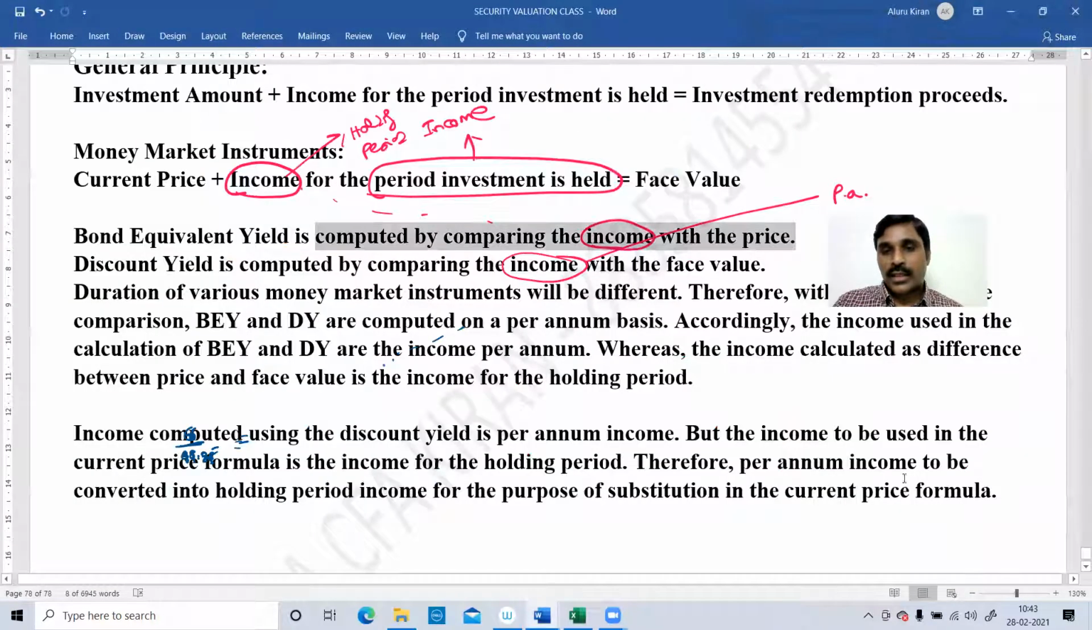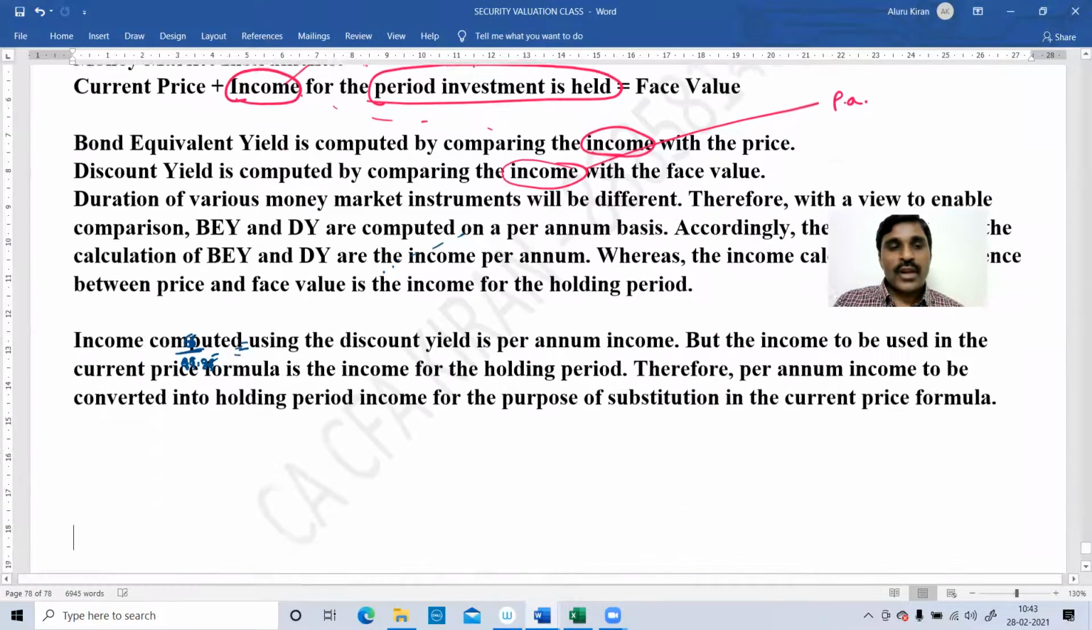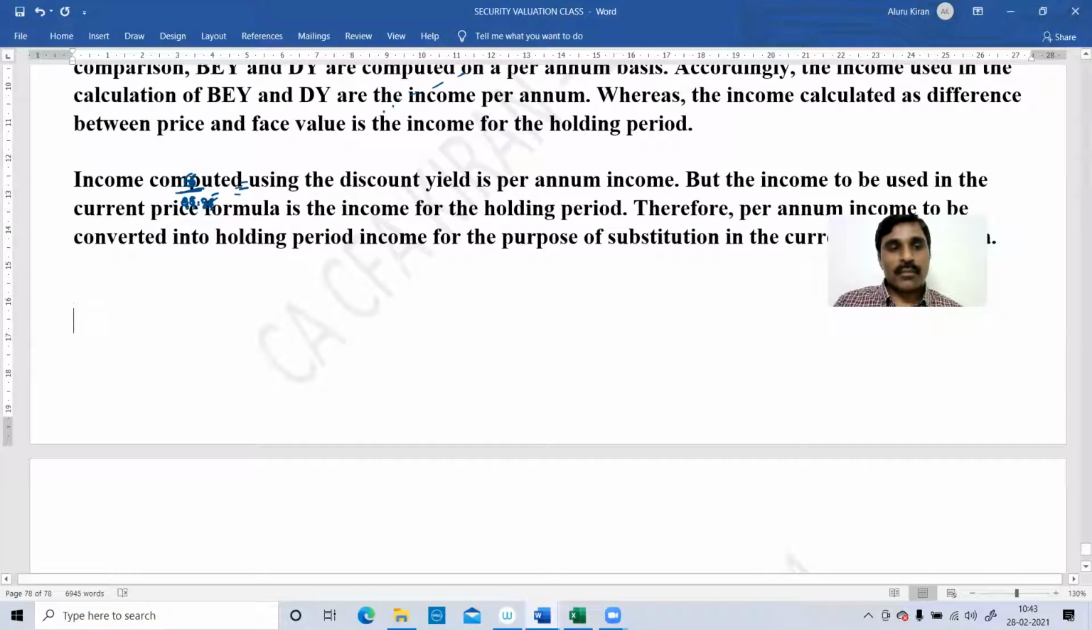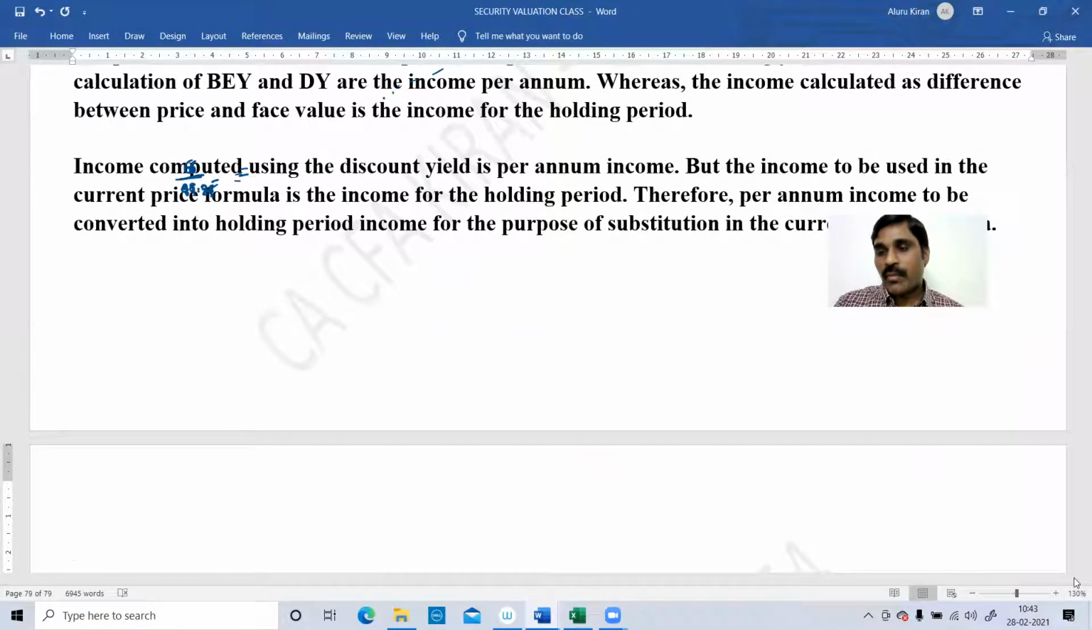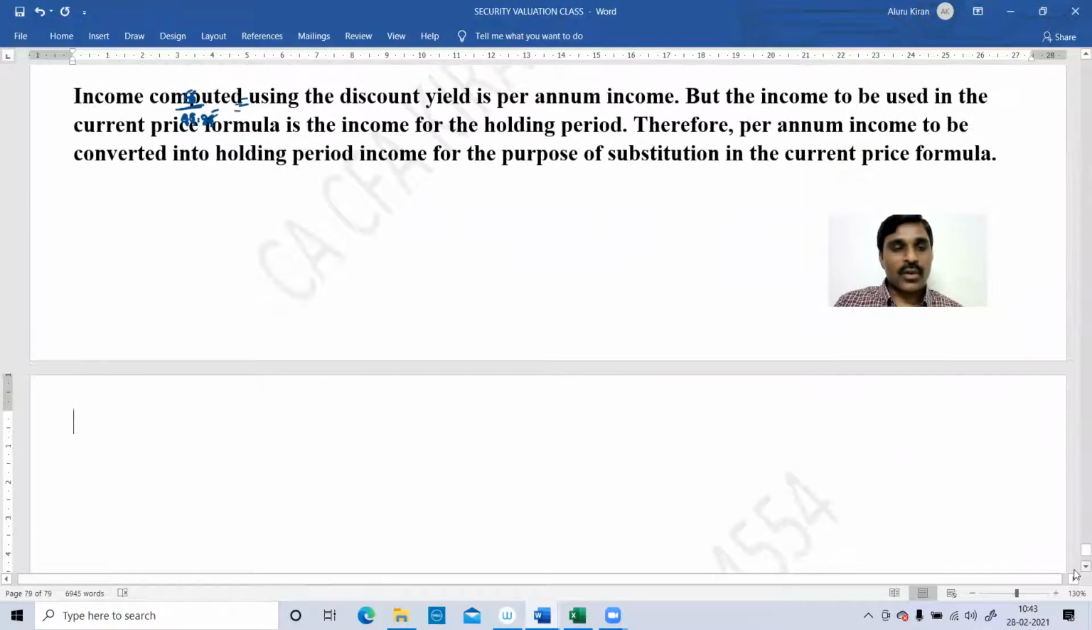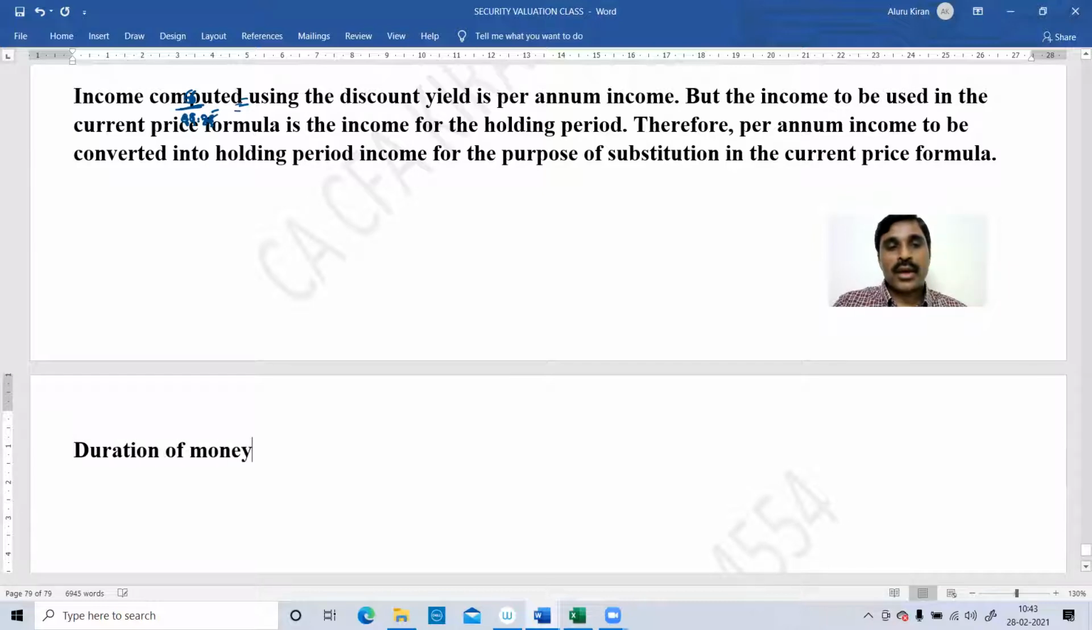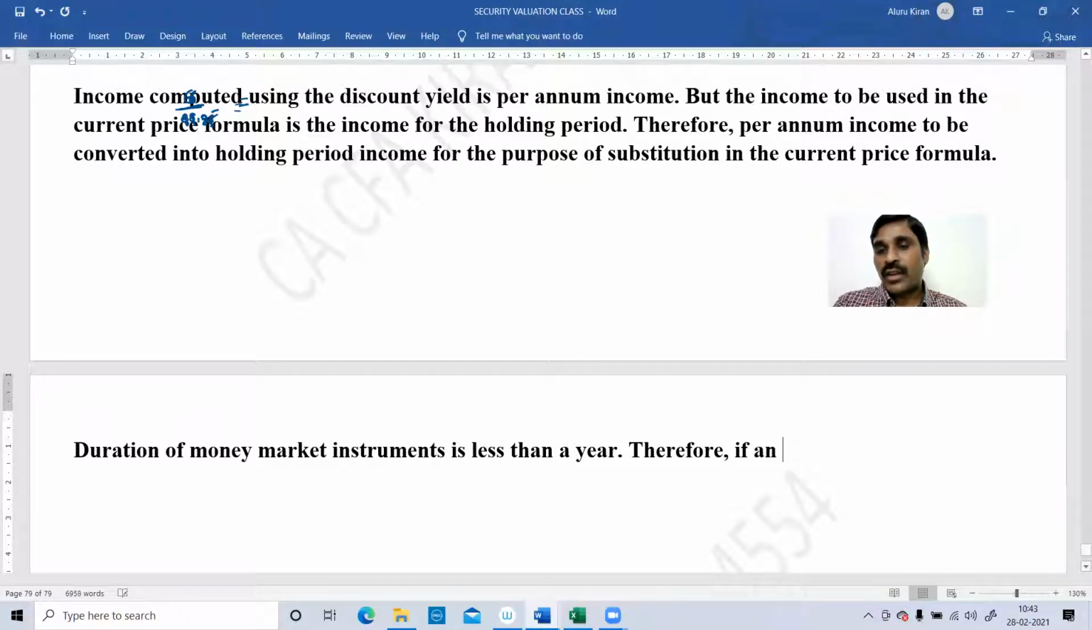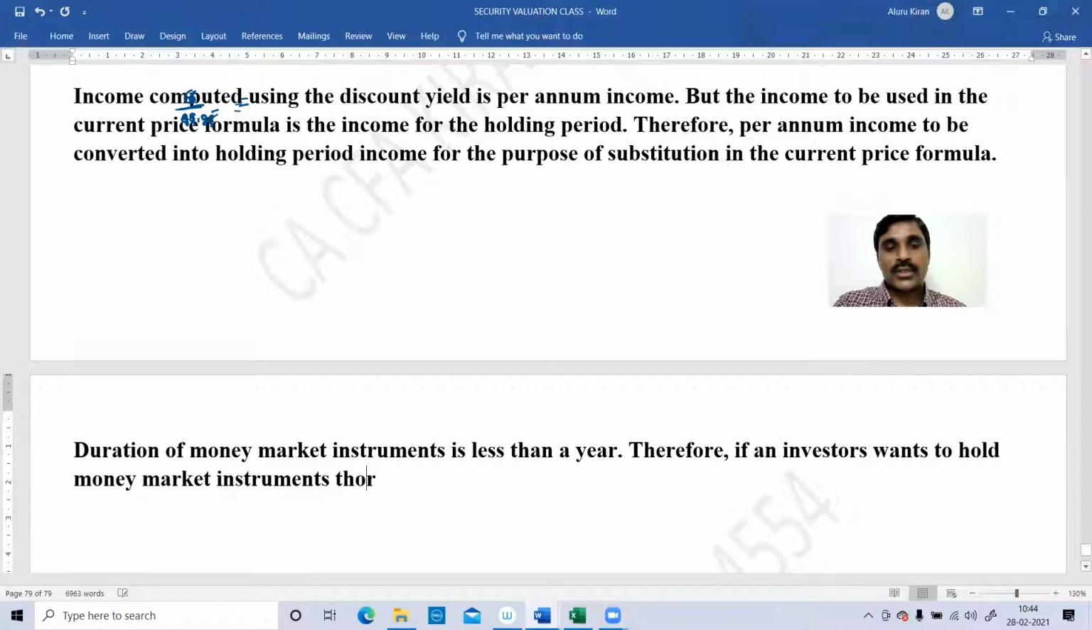Okay, right. Look at this concept. Now I'll explain the effective interest per annum. The duration of money market instruments is less than a year. So if an investor wants to hold money market instruments throughout the year,